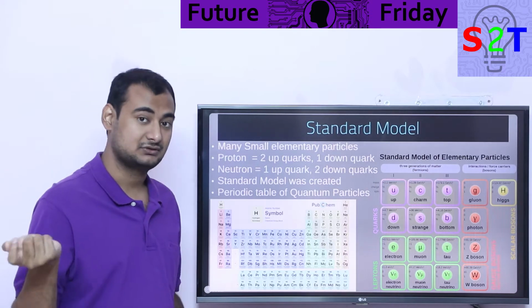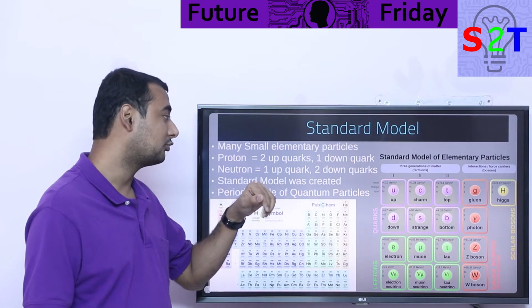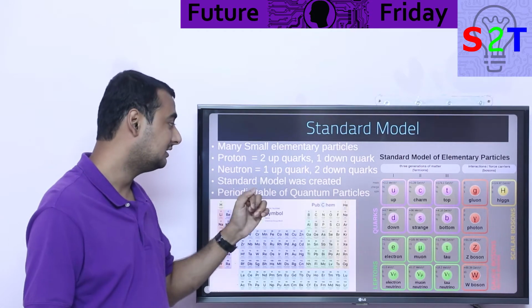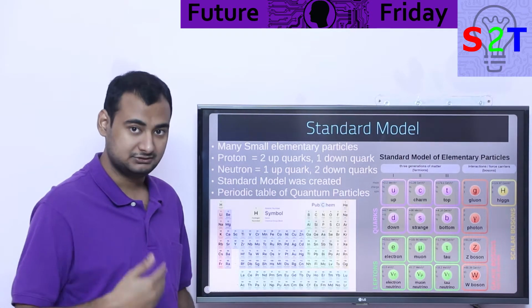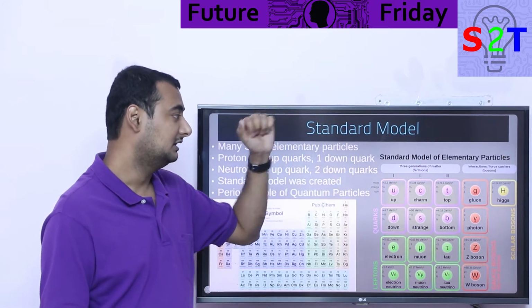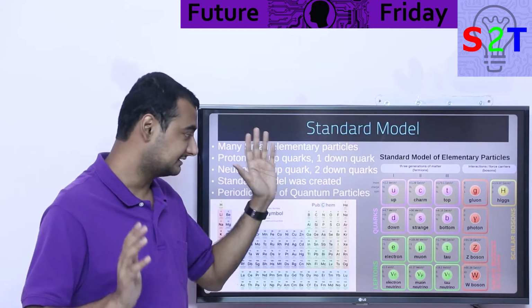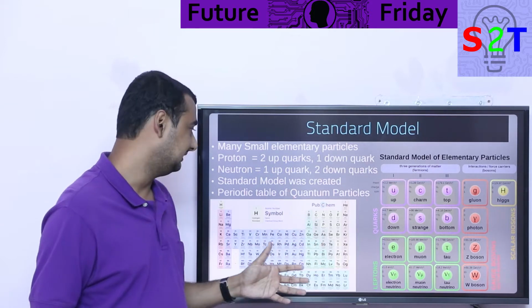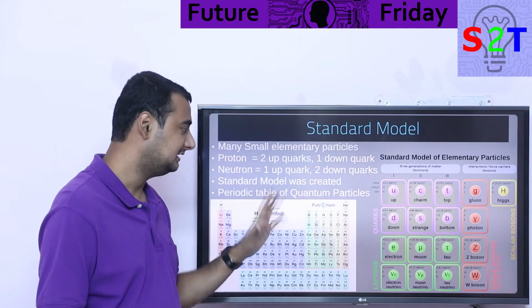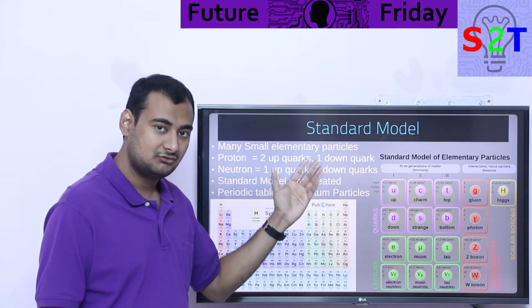However, let's say you collide a proton: you will get two up quarks and one down quark. What happens if you collide neutrons? You will get one up quark and two down quarks. Now you're like, what the hell is this quark? That's the whole point. That's a fundamental building block among elementary particles. In quantum physics, these are the elements, the things that you deal with. In the simplest way, simplified to a basic level, it's like a periodic table for quantum physics.